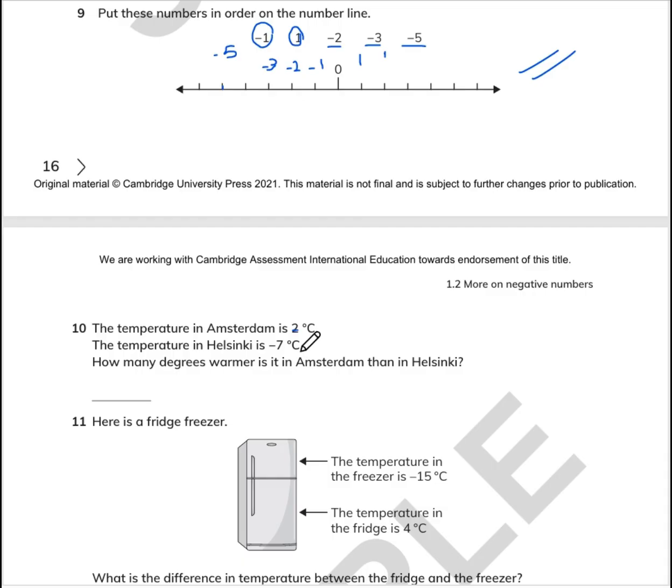This 2, and we have this -6. This will be -7. Sorry, this is -5. This is -6, and one more here. That will be -7. So we now count the difference from here. This is 2. Okay. 1, 2, 3, 4, 5, 6, 7, 8, and 9. So what is the difference? It is a difference of 9 degrees centigrade.